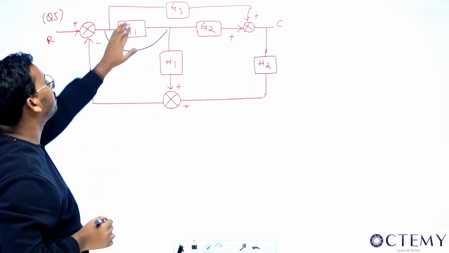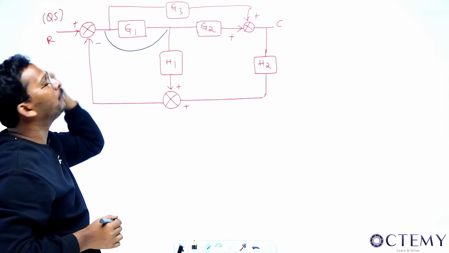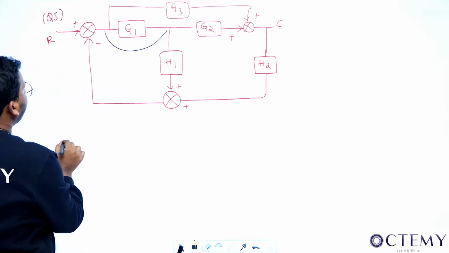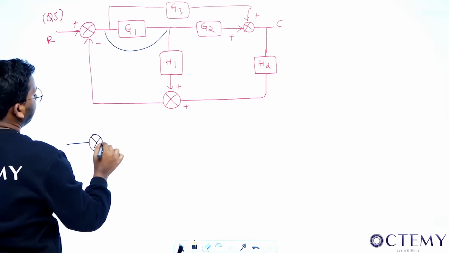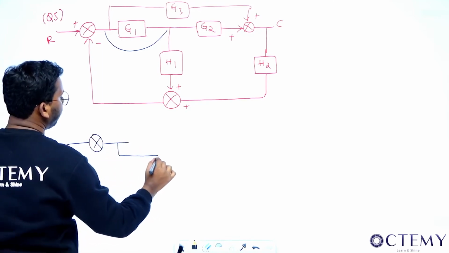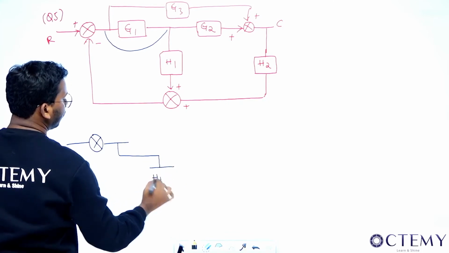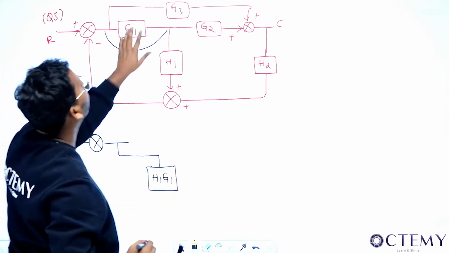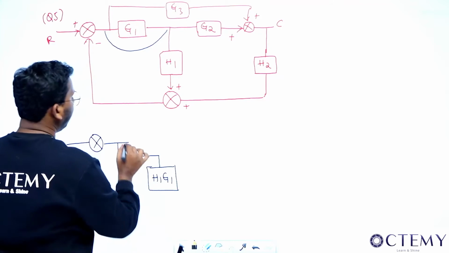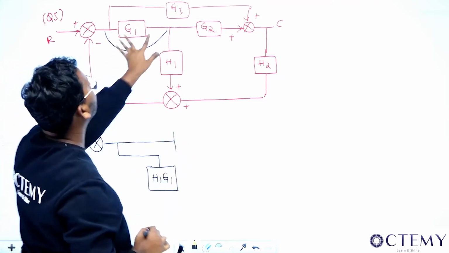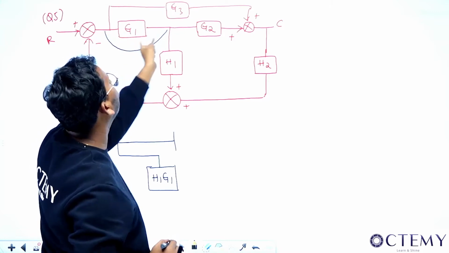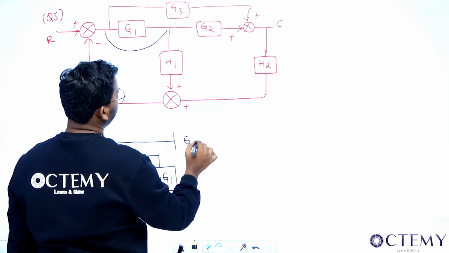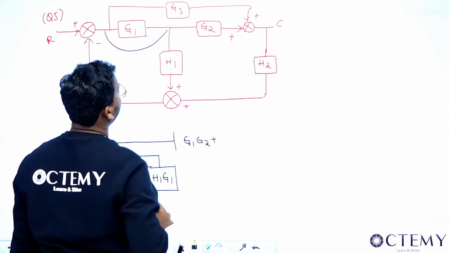So where are you moving, sir? This is block before, after. You are doing from after to before. If you are doing from after to before, multiplication. So this will get multiplied here. So see, sir, how the block diagram will change. This block diagram, this will come here, and it becomes what? H1 into G1. Multiplication it will happen, because where are you going from? After to before you are going, right? Then what will this entire block become, sir? This will cascade, this will become parallel, because when this comes here, there is no one to stop this cascading and this paralleling. So this will become G1 G2 whole divided by, plus G3.